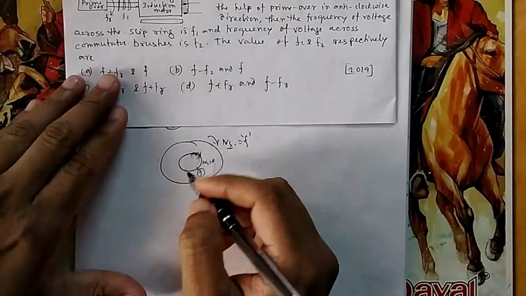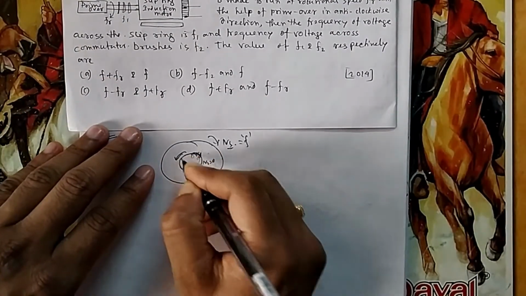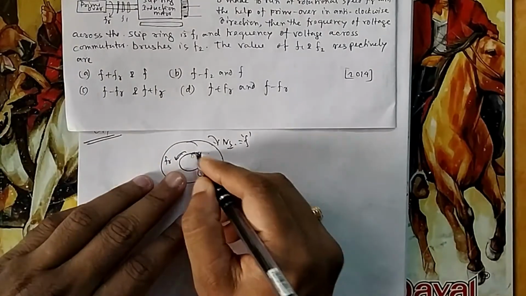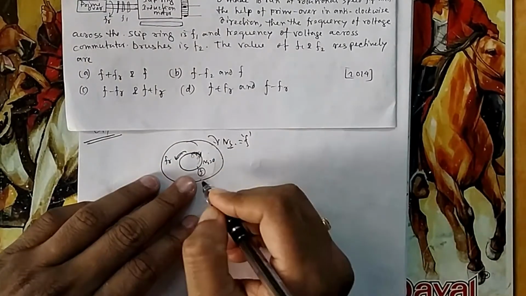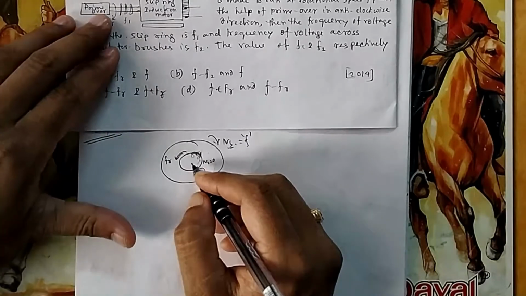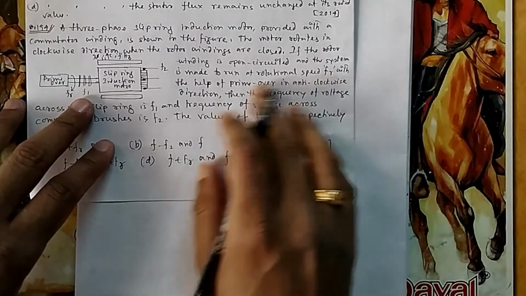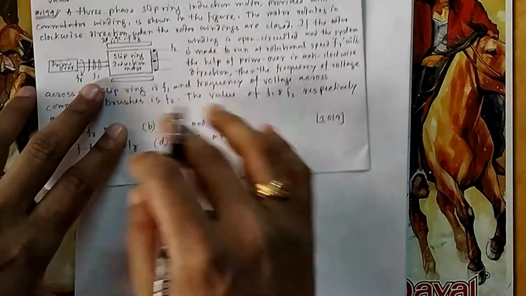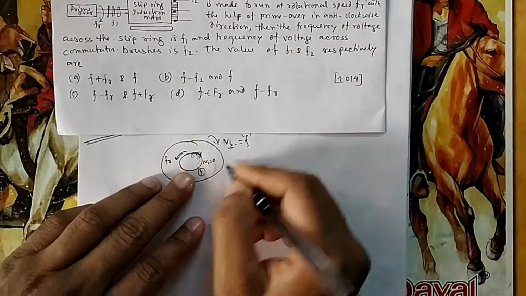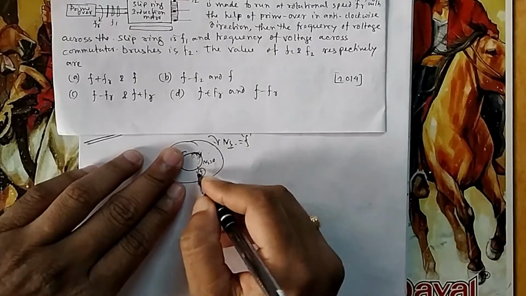Now what is happening, you are rotating it in the anti-clockwise direction with Fr. Now at what speed is it cutting? F plus Fr. You can think, because it is rotating in the anti-clockwise direction, with rotational speed of Fr by the prime mover. So now it will be cutting at F plus Fr, because if it is not rotating, then it is cutting at